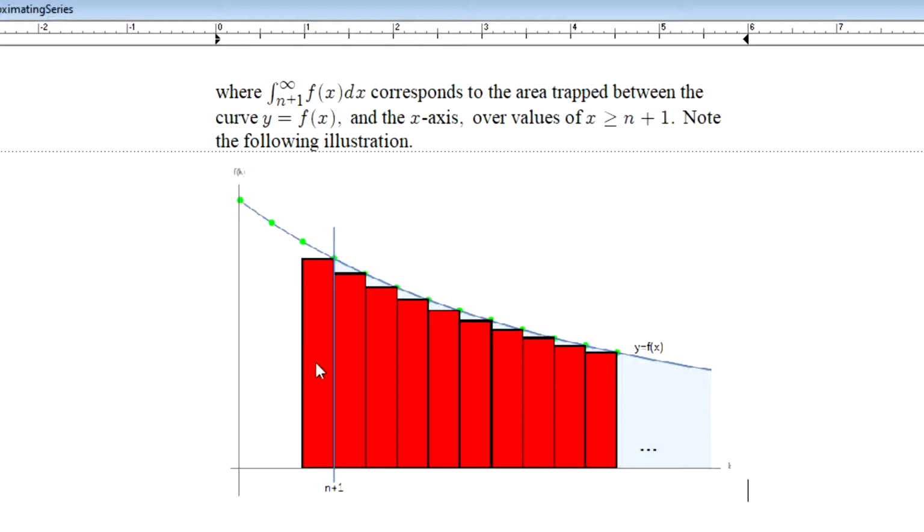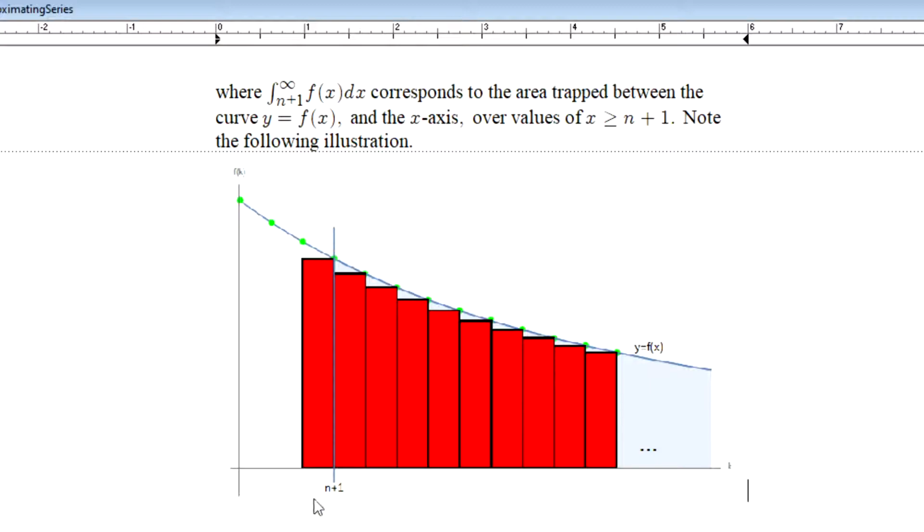What we can now note is the area in all these red bars may be smaller than the integral of this function f starting at n, but they're always going to be bigger than the integral of this function f starting at n plus 1,